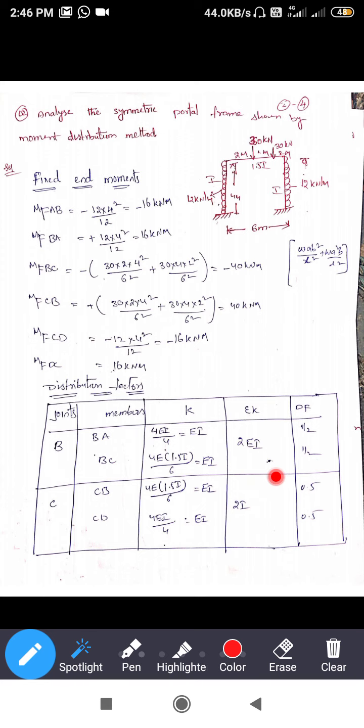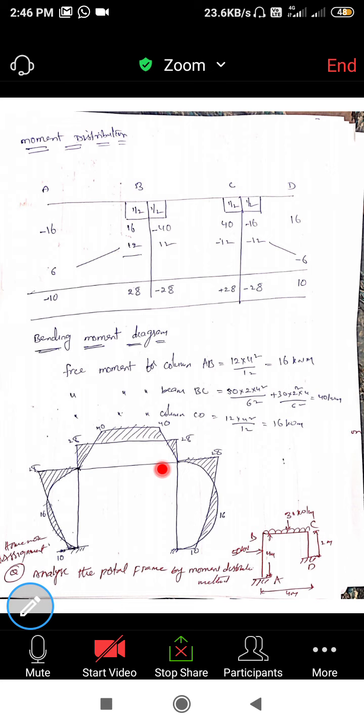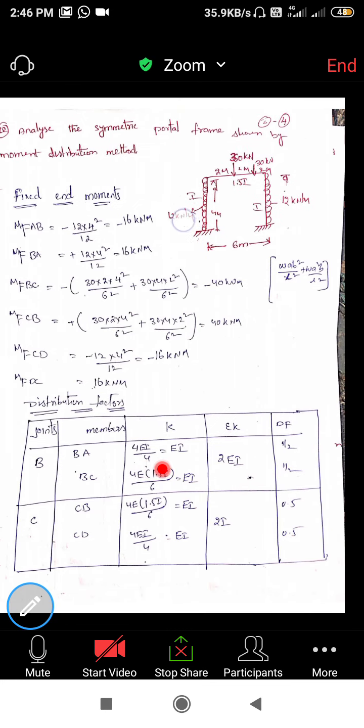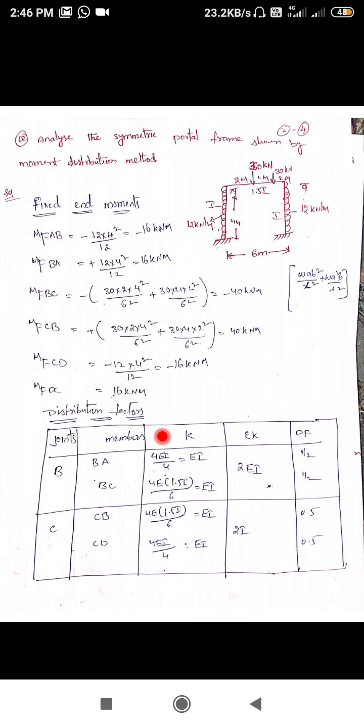Next we can find the moment distributions. So this is the process to find out the moment distribution. In the question we are given the frame. This frame can be taken with this joint moved to this side and this joint to this side, so that it can act in a beam manner. It has two joints, four supports and a big continuous beam, so it looks like a continuous beam. In the same way, A, B, C, D: B and C are the joints, A and D are supports.